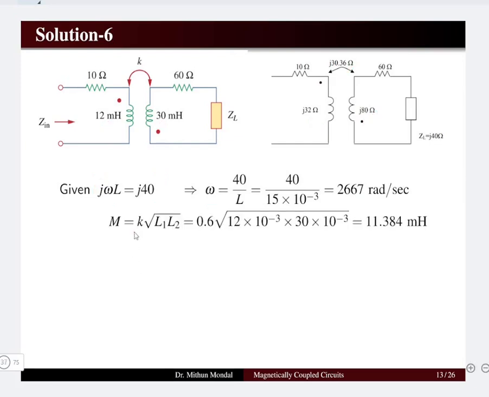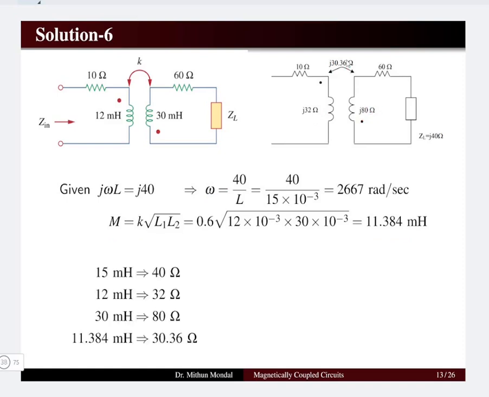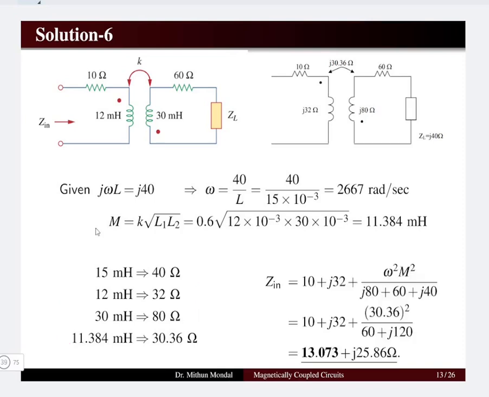So the coefficient of coupling will give us the mutual inductance, which is 11.384 millihenry, because both L1 and L2 are given to us, and then with respect to omega we can convert them in a reactance form. So the individual parameters will be converted to reactance in ohms,